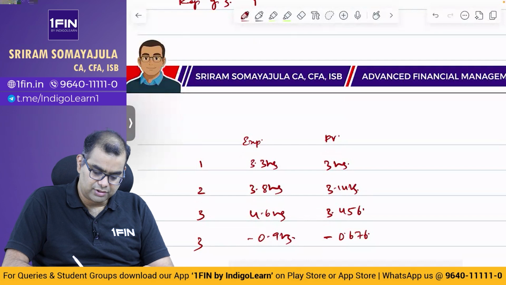24 into 0.636 is equal to 15.26. 0.567 is equal to 13.61. 0.507 is equal to 12.17. 0.452 is equal to 10.85. And in the last year, it is not 8, it is 7. In the 7th year only, he is selling off, as told here, at a price of 900. But how many shares is he selling off at 900? He is selling 1.2 shares at 900, because he's got the bonus, right?